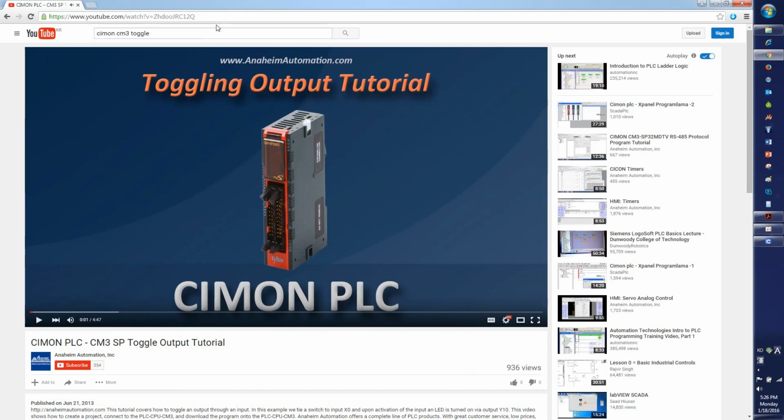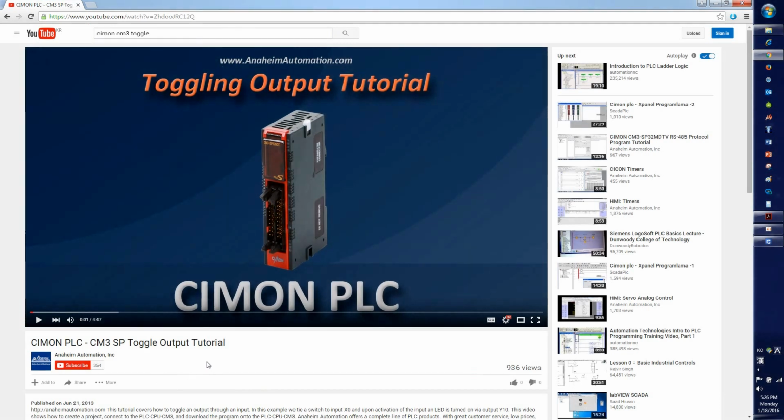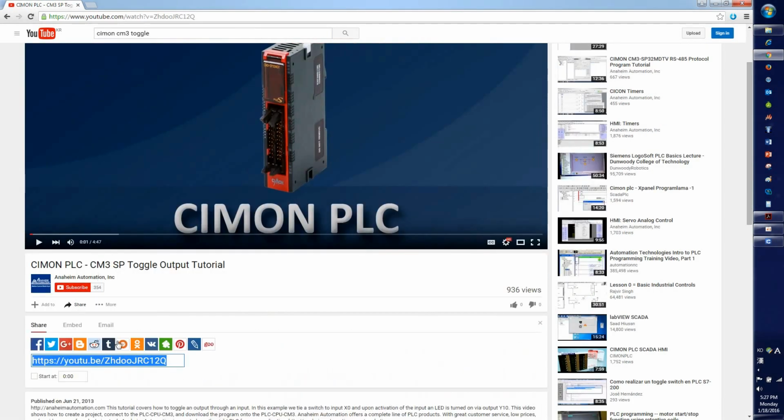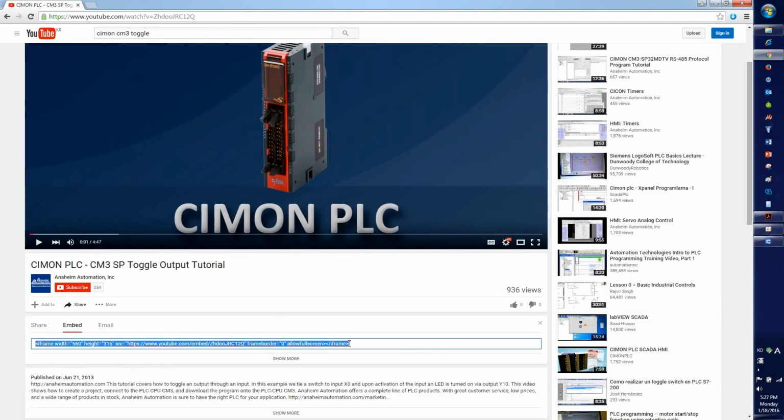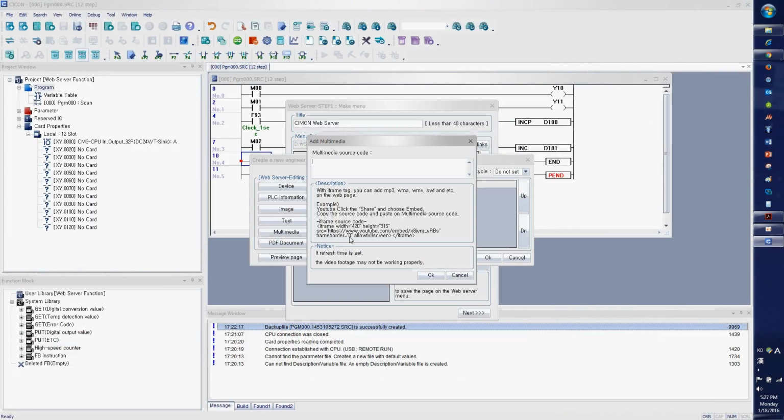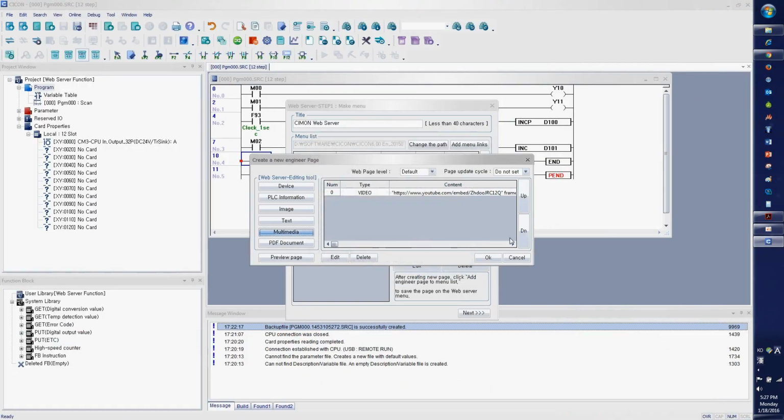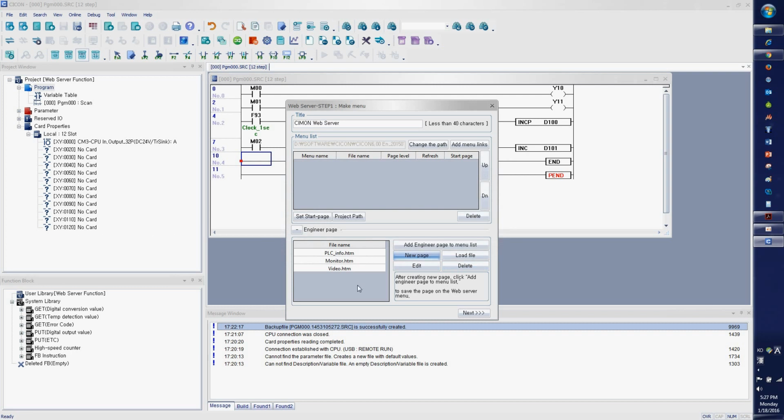And I found the desired video, and once you find it, you go to share, you click on embed, and you copy the source, then you paste the source and you click OK, then there you have the video available. You click OK. So now I have the PLC information, a monitoring page, and a video for instruction reference,